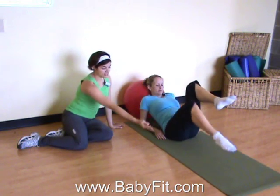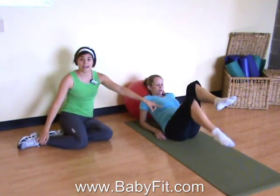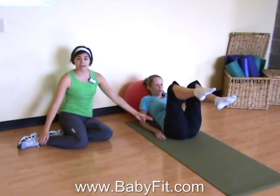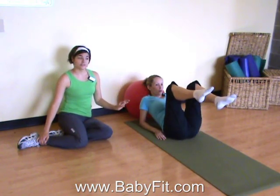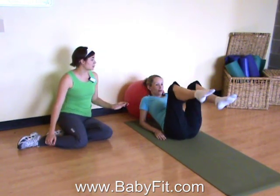Same leg. We'll inhale, drop down. Exhale, pull up. She's doing this one perfectly. Notice she keeps the 90-degree bend at the knee the whole time. She comes right back up in line with the hip. So this one is a little different than the first ones. Keeping the legs up like this as opposed to the feet on the floor, it's a lot more challenging to